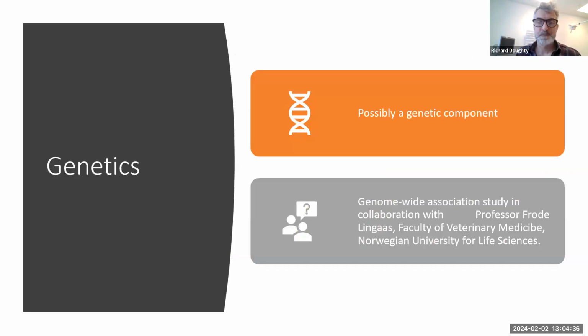The next thing, and the final thing I'll talk about, is just genetics. We want to see if we can learn something about whether there is a genetic component to that. What can we learn from the biology if we find a genetic component? And this is interesting also from a human perspective, because no research has been done on the genetics of plantar corns in humans. So we started what we call a genome-wide association study with Frode Lingås at the veterinary school